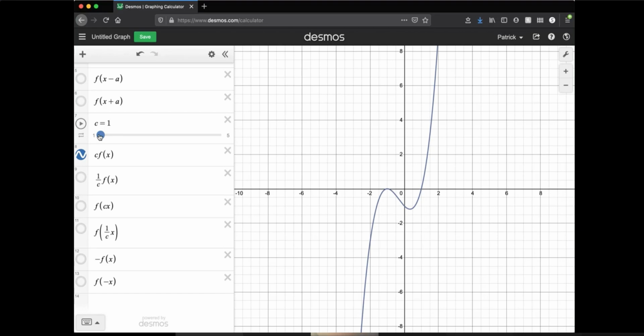And notice that in the second row, the stuff was happening on the inside and it went horizontally. So with this, when we're multiplying on the outside, it's going to again be affecting the y direction. And it stretches when a is greater than 1. So notice how